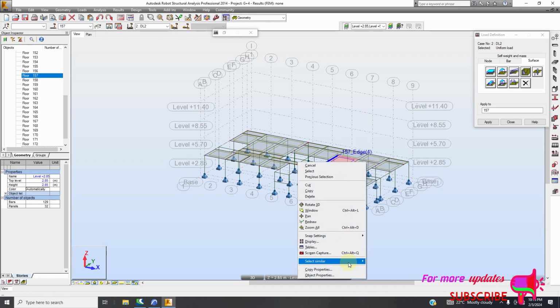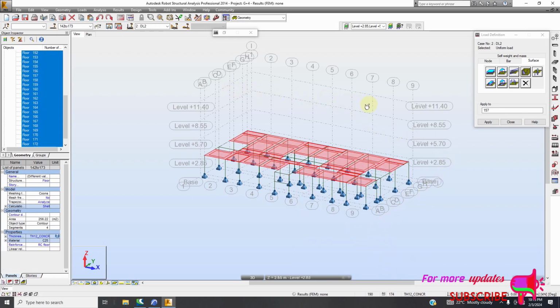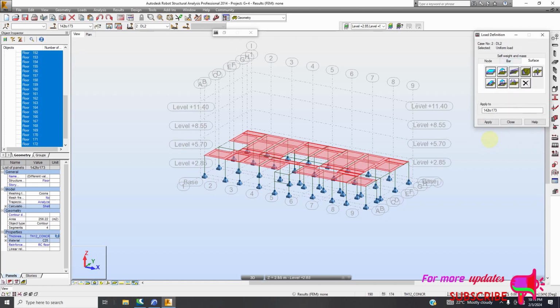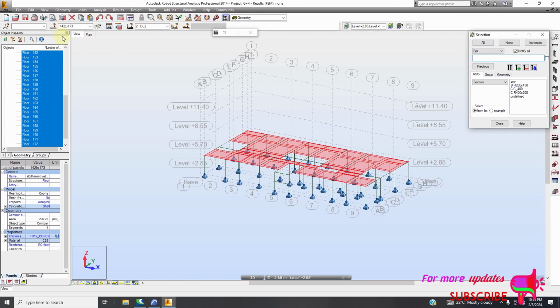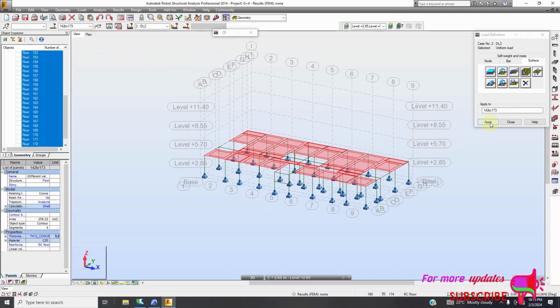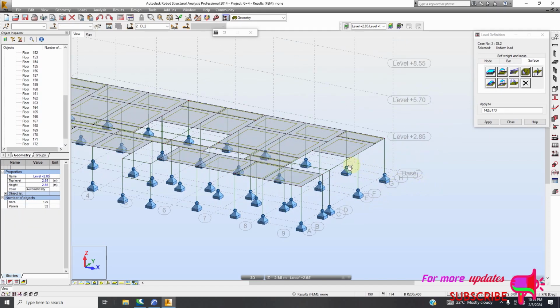Select similar by beams. Then I'll pick this one. Then add. Then I will apply to all these. Good. So after that,